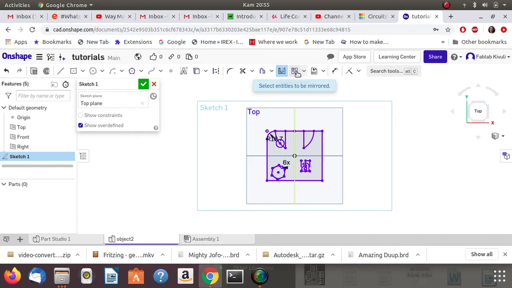Another thing you can do is a linear pattern. A linear pattern is for just creating a linear pattern of things. So if you have like holes all the way from here to here and you want to equally space them, instead of doing it one by one, you can create a linear pattern over a hole, and you can see that it asks you to choose direction. Is it linear towards the vertical or towards the horizontal? And you'll be able to choose how many. So for example, I want it to go horizontal, or that way, and I choose